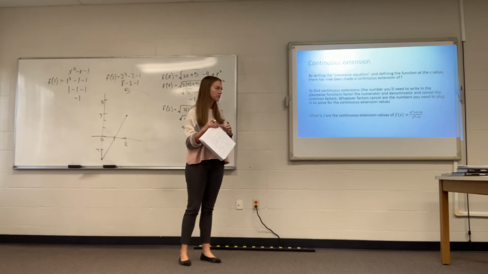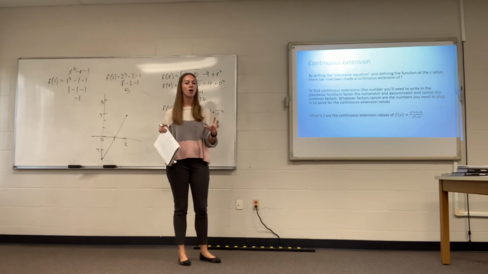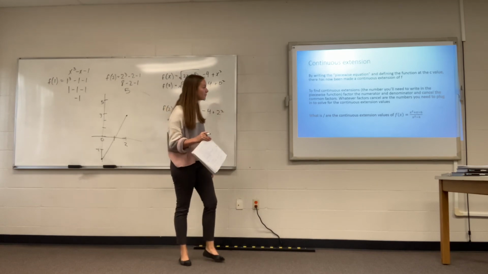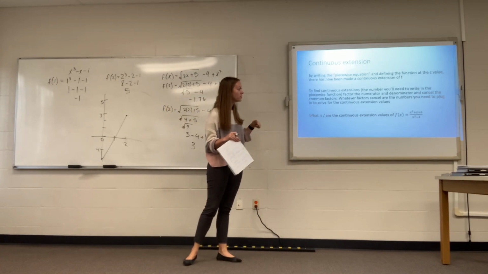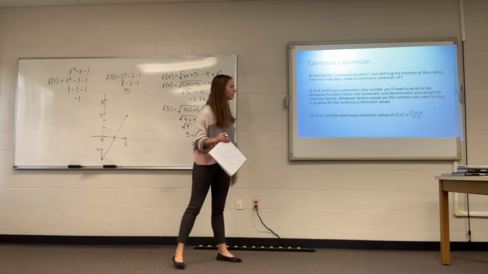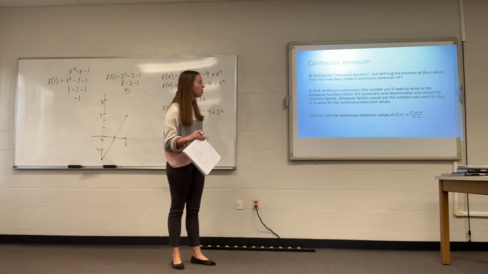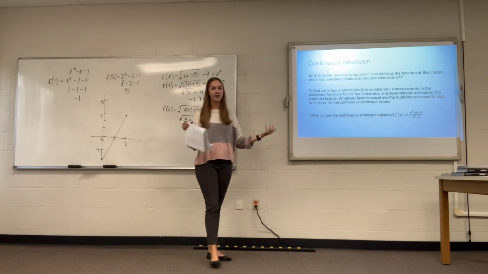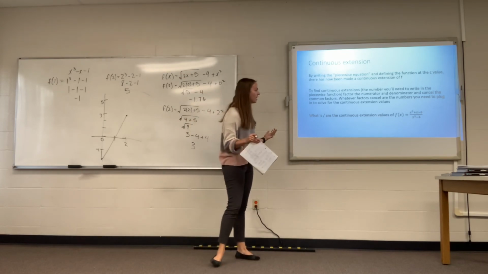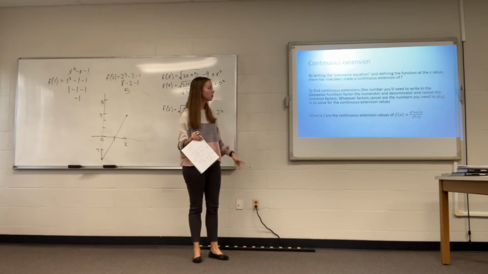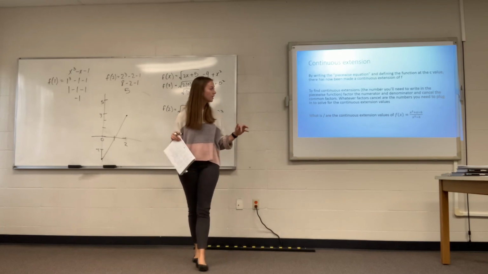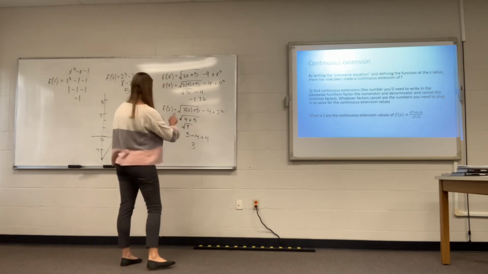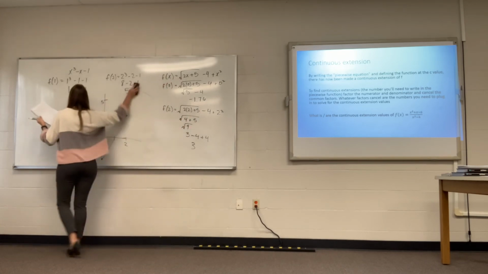Okay, so continuous extension, when you see that in your homework, all it means is the point that you're putting in the graph. So to find our continuous extension, the number you're going to need to write in your piecewise function, if you factor your numerator and denominator, and then cancel out any common factors that you can, whatever factors cancel are the numbers that you need to plug in to solve for the continuous extension values. Okay, so if we do this in this example,